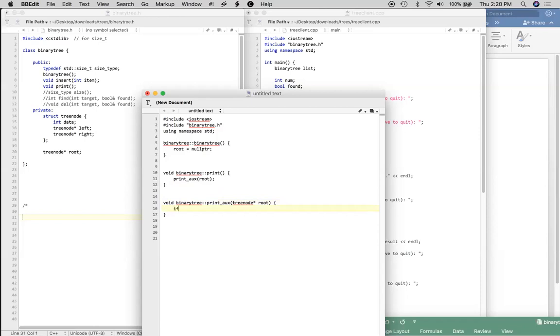I'm going to say if the tree is not empty, first I'm going to